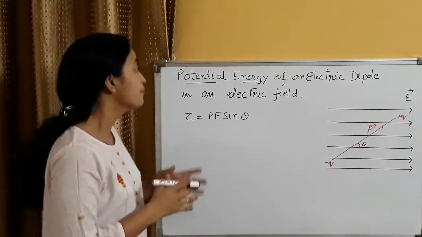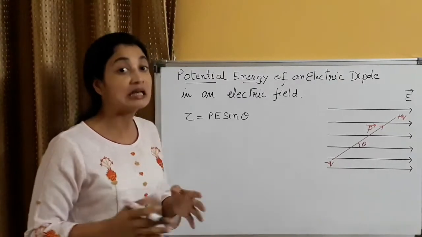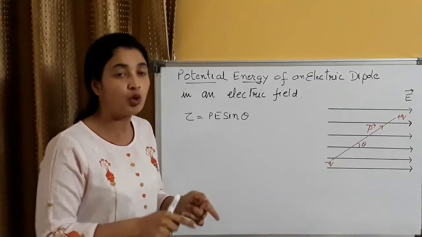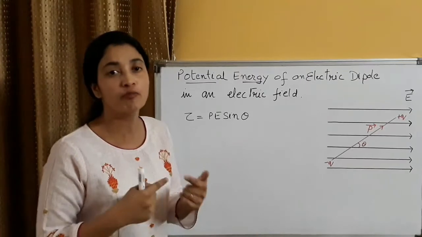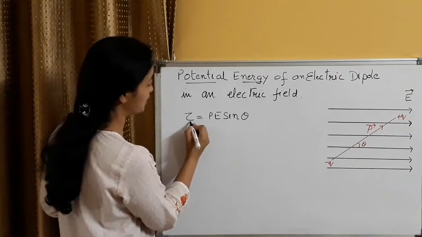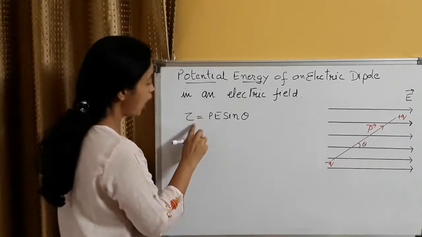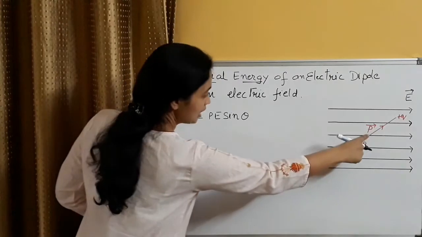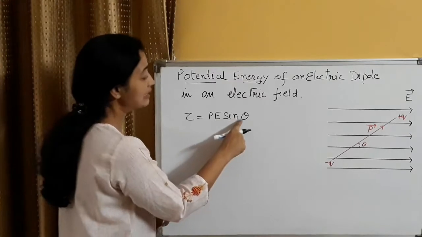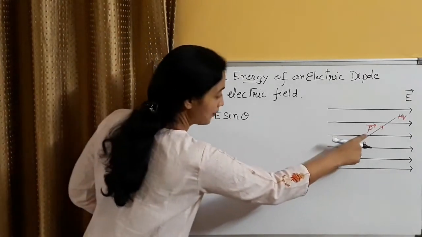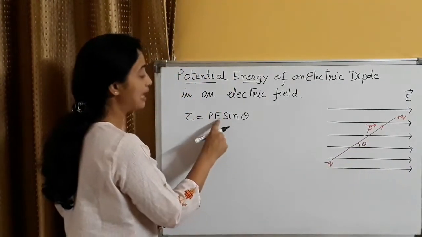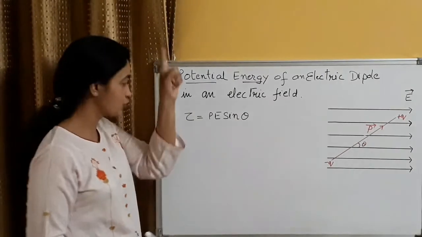Here we will calculate little work done in shifting the dipole, and we will say this work done in shifting the dipole is stored in the dipole in the form of potential energy. We are already familiar with this particular expression: tau equals P E sin theta. What is this tau? It is the torque acting on this dipole with dipole moment P, and E is the electric field in which the dipole is kept. What is theta? Theta is the angle which the dipole moment vector P is making with E, the electric field. It is the angle between P and E. For this only I was telling you, refer to that particular episode.